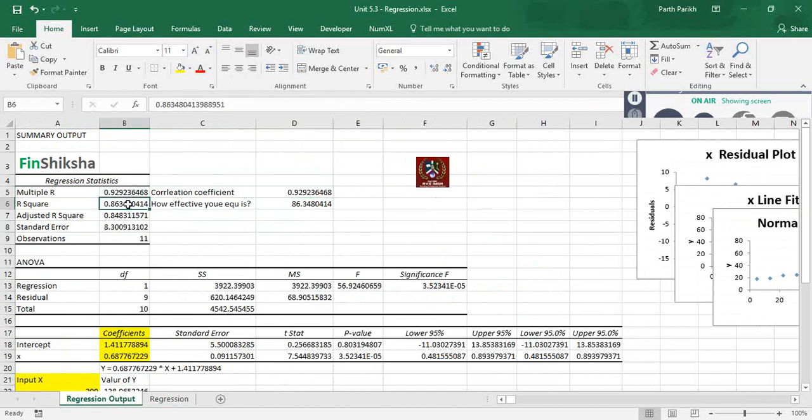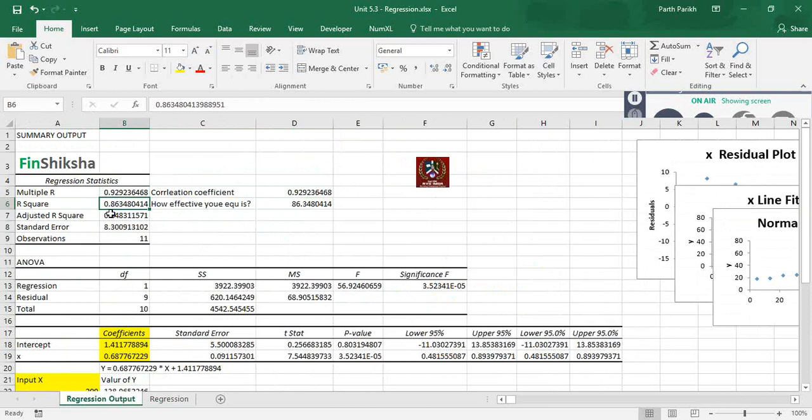Then you have R square. R square is the percentage chance that your output of the regression is accurate. Higher is better. Usually we take around 70 to 75% as a better chance. With a lesser R square, we will try to do the regression again. Over here it says 0.86 or almost 86%. Almost 86% of the times, whatever my output is will mimic the actual output.